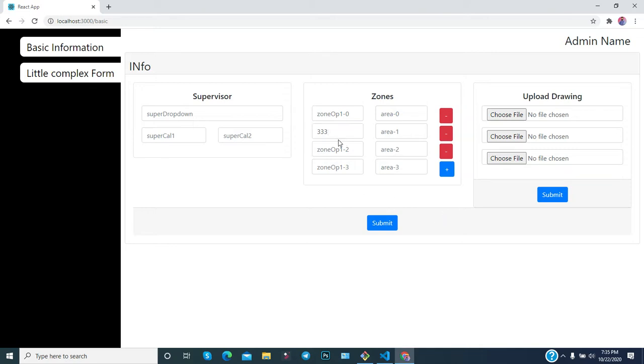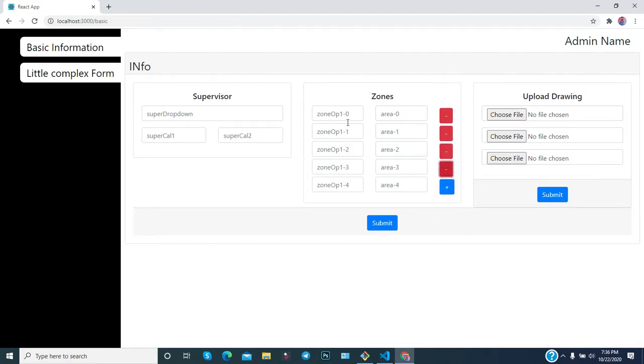But if you delete this one, then you can notice that that particular value got deleted, but still you are getting 0 1 2. Why? Because index is always unique, as you know, but after deleting it is still 0 1 2 3. Now that's why it will delete only the last row.